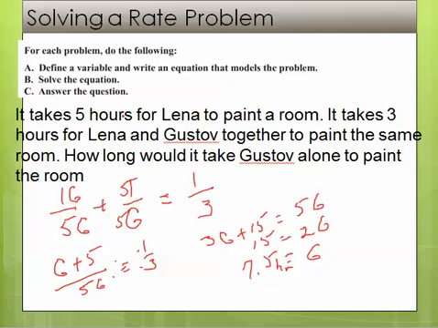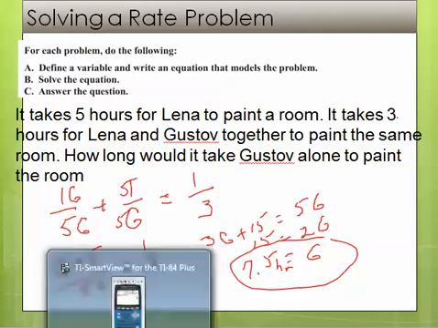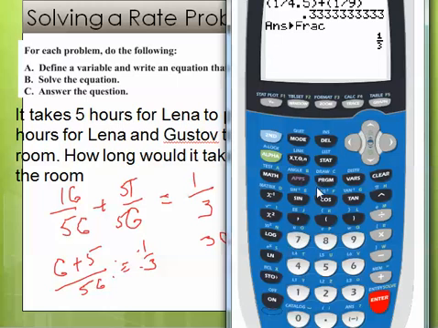So it took Lena 5 hours to paint the room. It would take Gustav 7.5 hours to paint the room. But together they get it done in 3 hours. Want to check that? Okay, well, let's just look at this, okay? Clear my little calculator out. Parenthesis 1 divided by